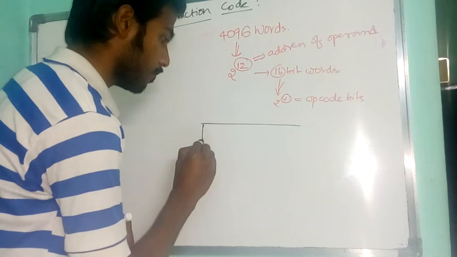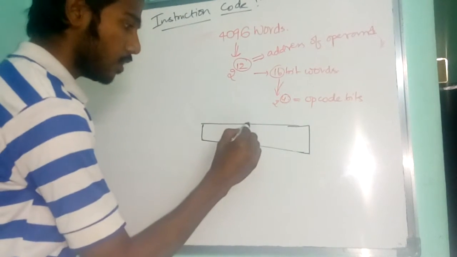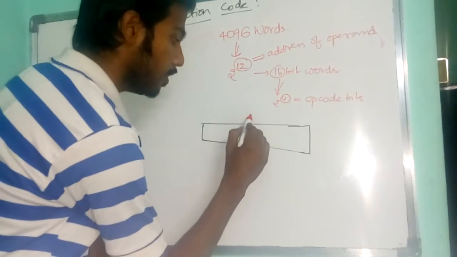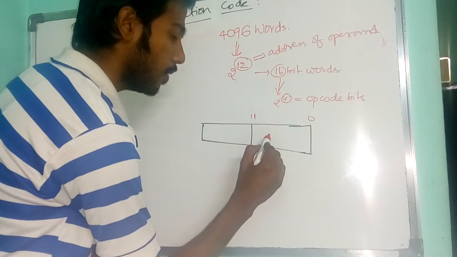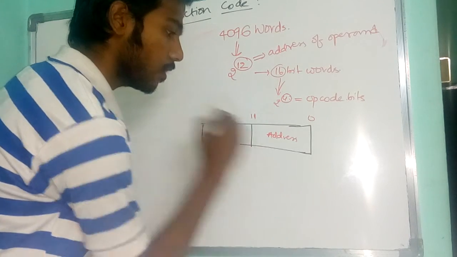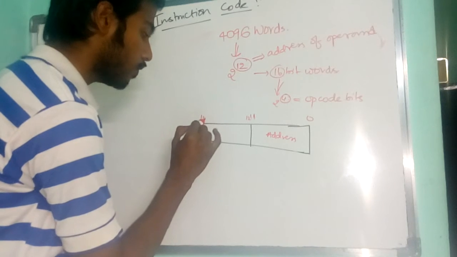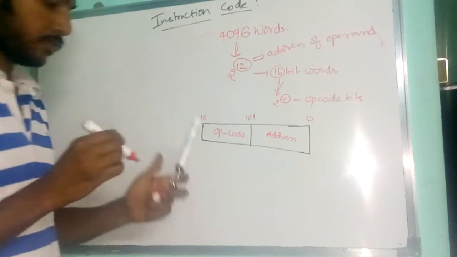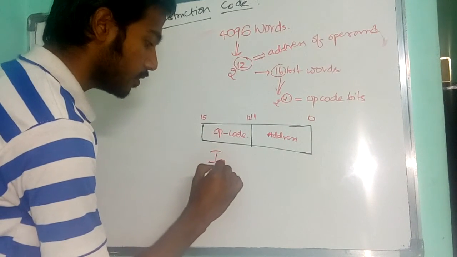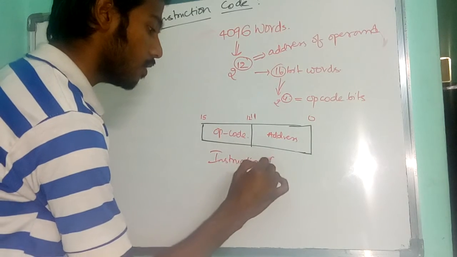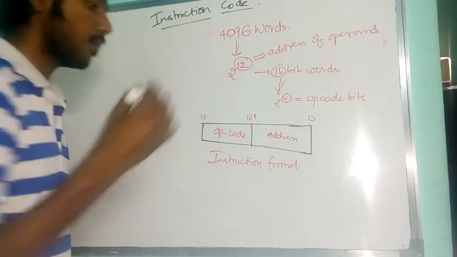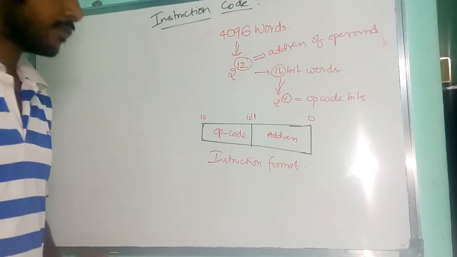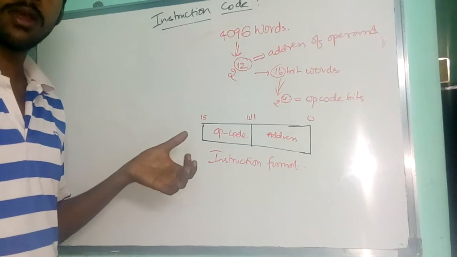Generally this is my instruction format, out of which bits 11 to 0 will be my address, and bits 12, 13, 14, 15 are for opcode. The general instruction format will be in this way, right? This is the way we store the program